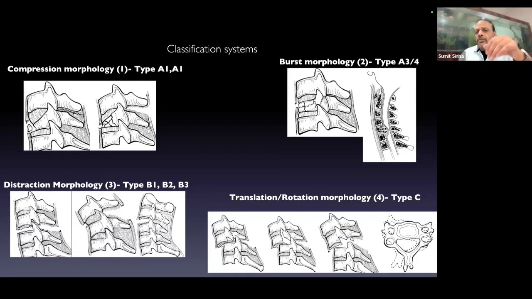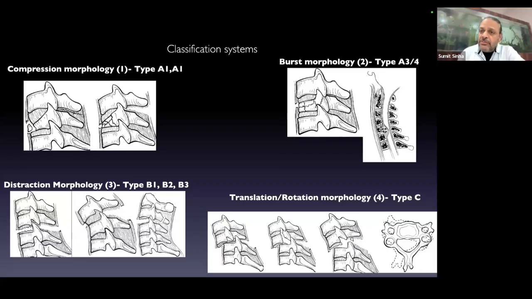And what I'm talking about is a sum up of all the Allen and Holdsworth and the AO system classifications, whatever has been told already by the previous speakers. So burst fracture is the middle column collapse, and this is what makes it an unstable injury. So when you see in an X-ray or a CT scan that the posterior wall of the vertebral body is fractured, is interrupted, then this is not a stable injury that you are dealing with, meaning thereby that you probably have to take care of it by some sort of instrumentation and fixation.